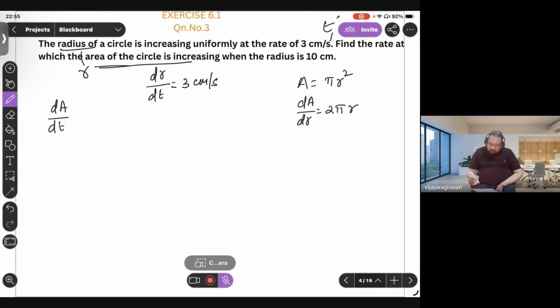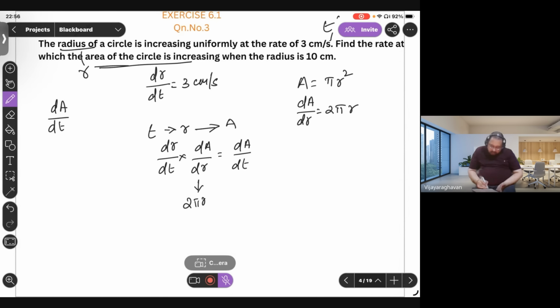Why are we doing this? For using the chain rule, we require this. How to establish the chain rule? Time increases radius, which increases the area. Therefore, the chain rule is dr/dt multiplied by dA/dr, which gives us dA/dt. Fine. So we have dA/dr as 2 pi r, dr/dt as 3,